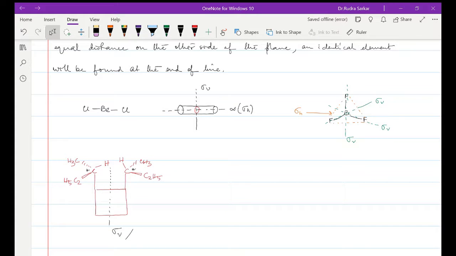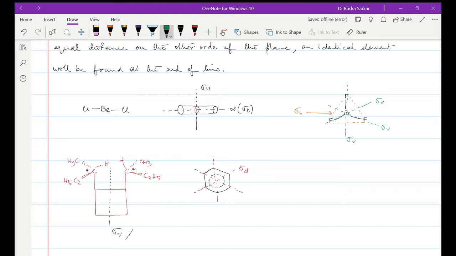Okay, we can extend the idea to benzene also, in which this is the framework of the molecule and this is the delocalized pi electron cloud. Okay, and now if you try to imagine, we will be saying that there is a sigma plane like this which will be passing through the alternate carbons. Let us call this sigma d, meaning sigma diagonal,